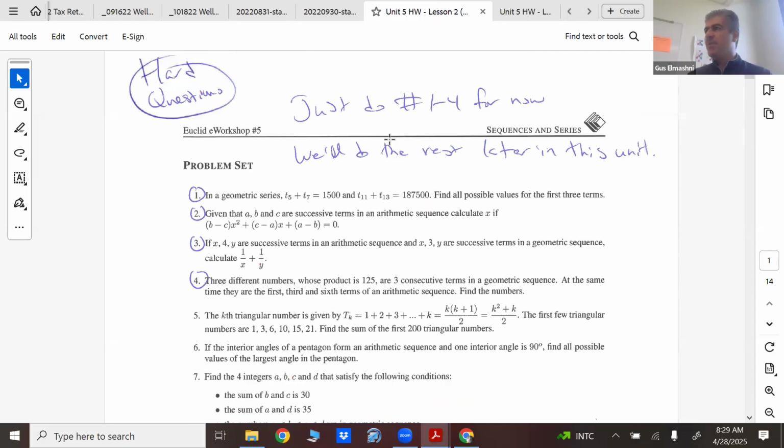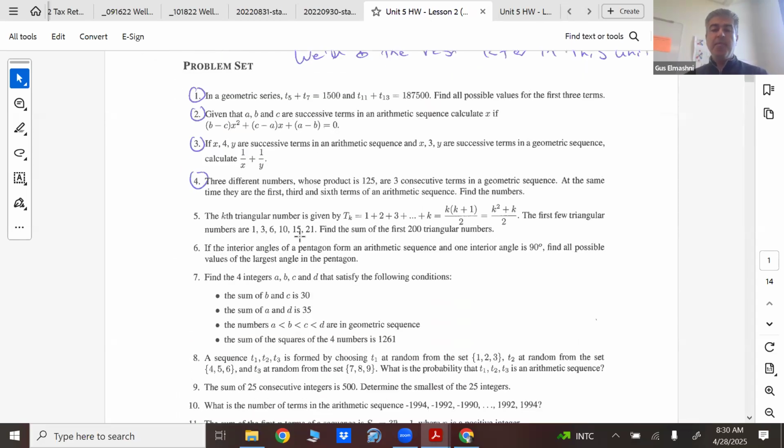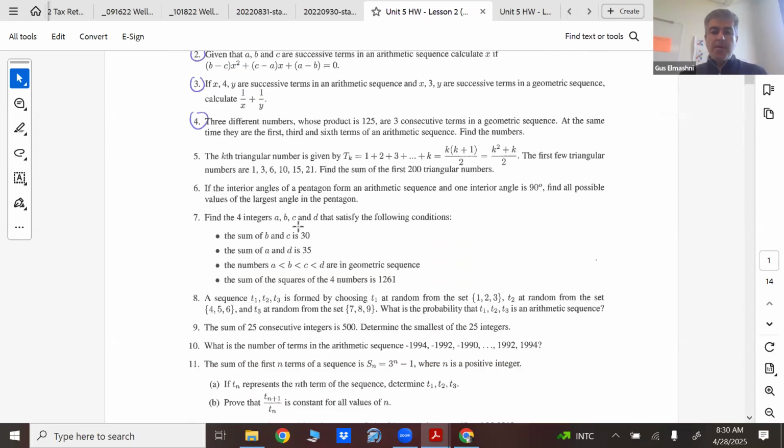How about these problems here? Which one do you want to talk about? I did provide the worked out solutions, but I can still talk about it if you're still stuck. Any of these you want to talk about? Which one? 3 and 4? Okay, we'll see 3 and 4. Okay, for number 3,